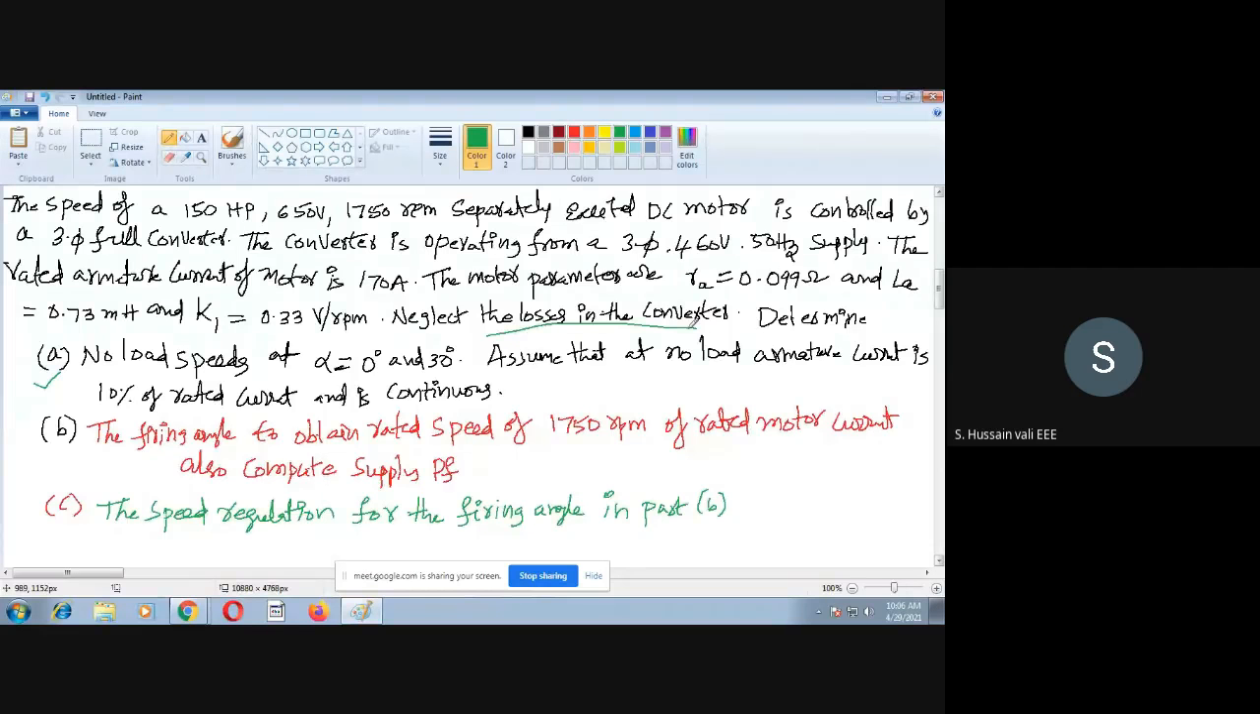Now what you have to determine is the no load speeds at alpha equal to 0 and 30. Assume that no load armature current is 10% of the rated current and is continuous. So this is the data he has given, and to go ahead with this data,